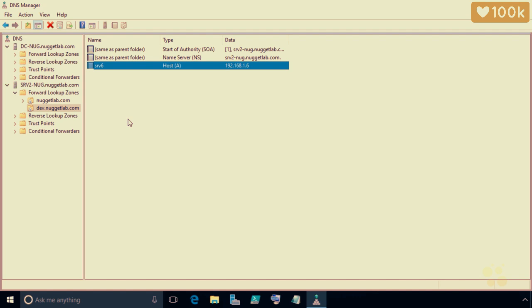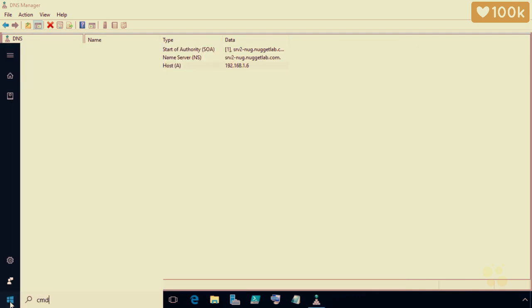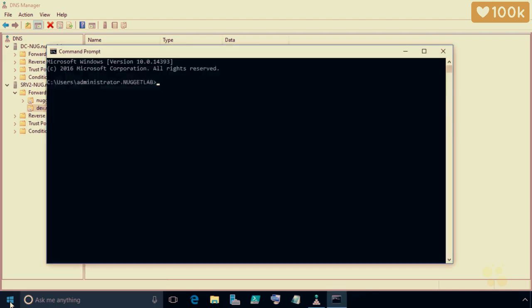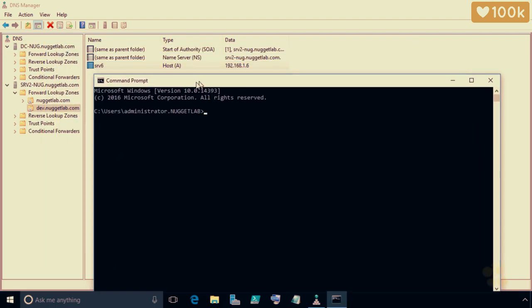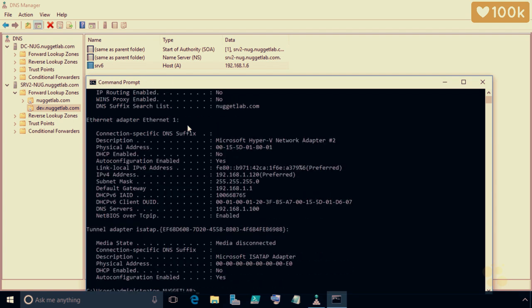Now, if we were to bring up a command prompt here on our Windows 10 client, let's go ahead and do that. I'll click on the Windows icon in the bottom left-hand corner. We'll just type in CMD and press Enter to bring up a command prompt. And let me move it over just a little bit so we can see everything. From here, if I do an ipconfig /all, just want to verify what the DNS server is we're using. That's this bad boy right here. So our IP address is .120, our default gateway is .1, and we're using the DNS server at 192.168.1.100, which